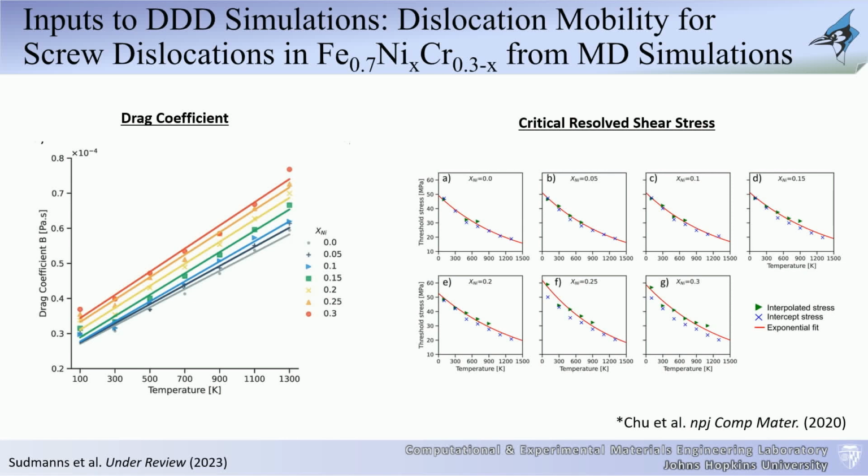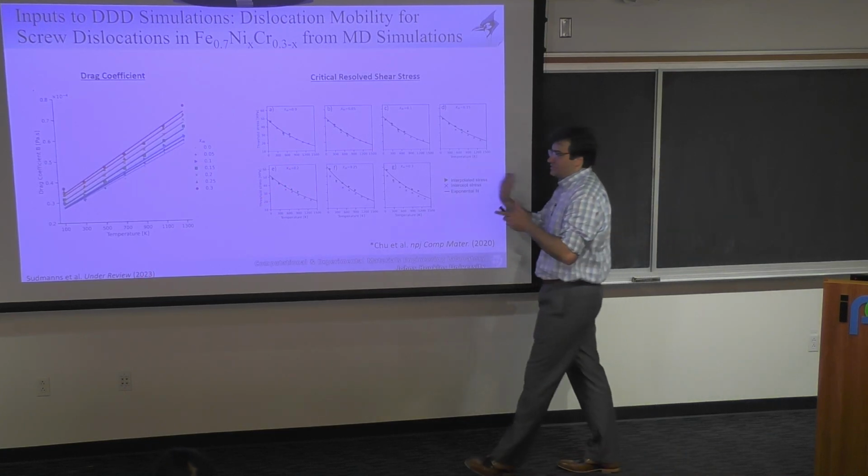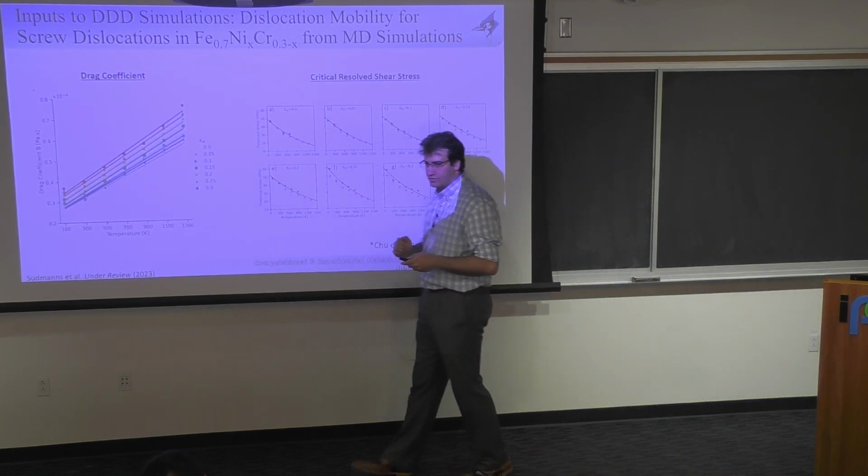So they did this for different concentrations of nickel and chrome, and we used that as an assumption, given the concentration of nickel and chrome that we are aware of in the 316L samples that we're doing, given the concentrations in the cell walls and the cell interiors. We use those results and incorporate that into our simulations. So this is an assumption. This is the weakest link, in my opinion, in the model so far, because it's using a drag coefficient of an actually slightly different alloy. So what is the influence of molybdenum? It can have a little bit different of an influence, but I'll try to show you that it doesn't have a significant influence for the questions that we're trying to answer.